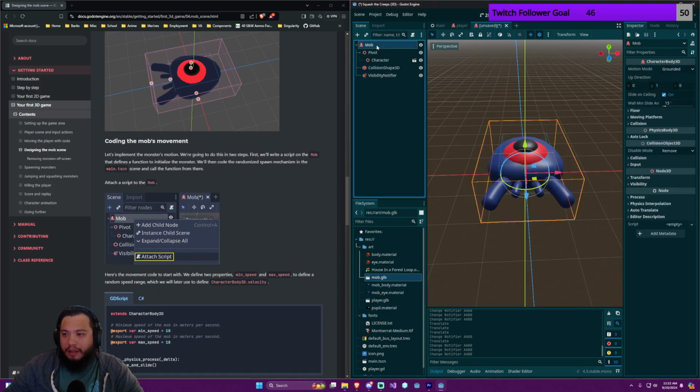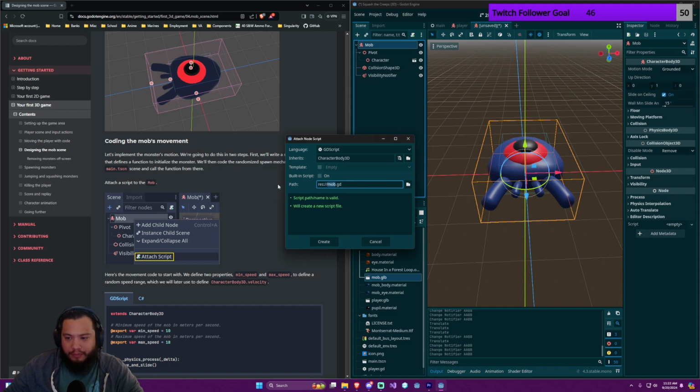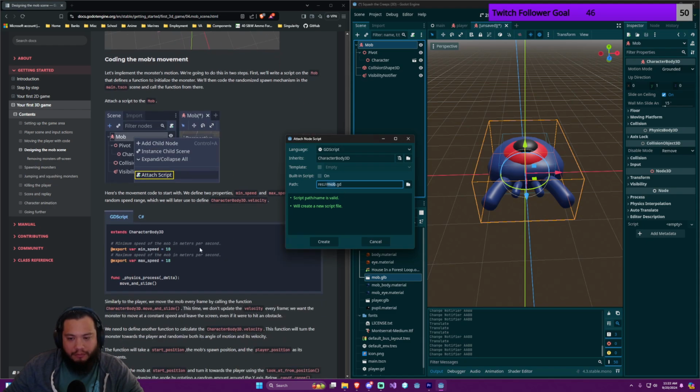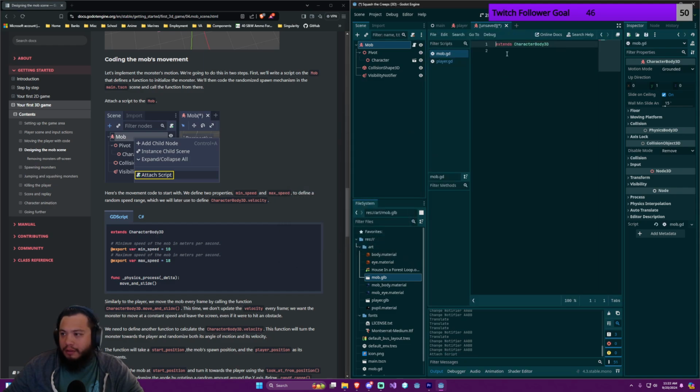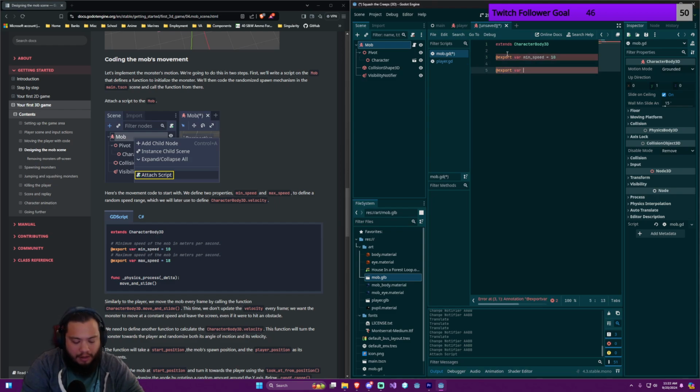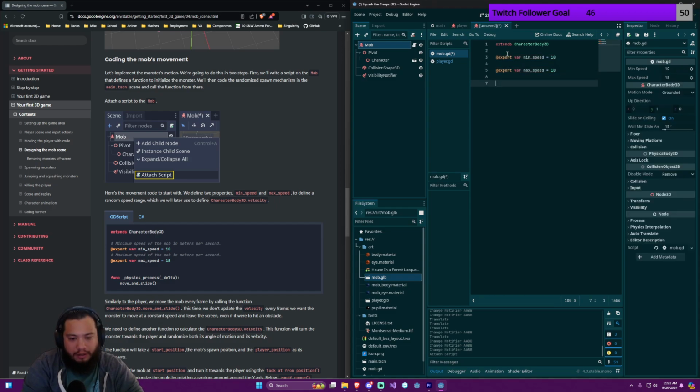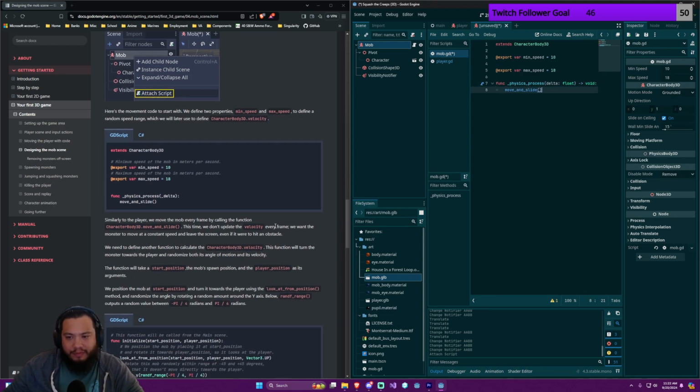Okay, we're going to attach a script now. Empty template. Okay, so same thing. All right, so now @export var min_speed equals 10. And @export var max_speed. Okay, func _physics_process, and then we're going to do move_and_slide. All right,